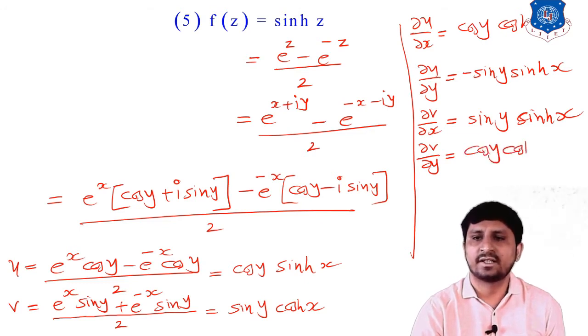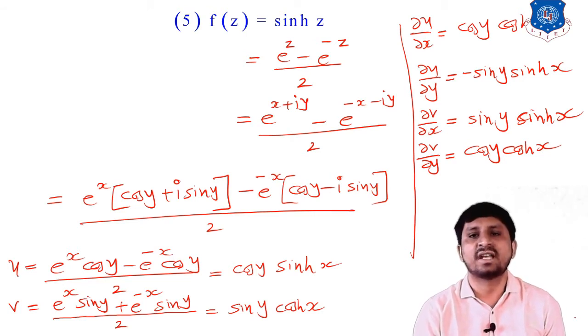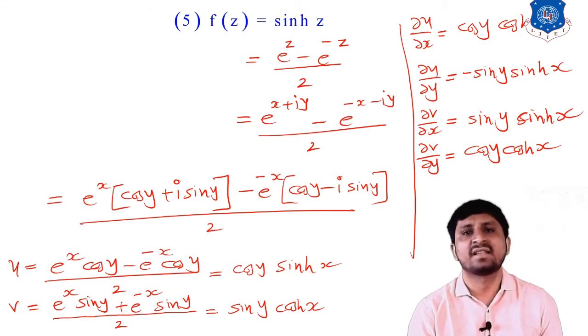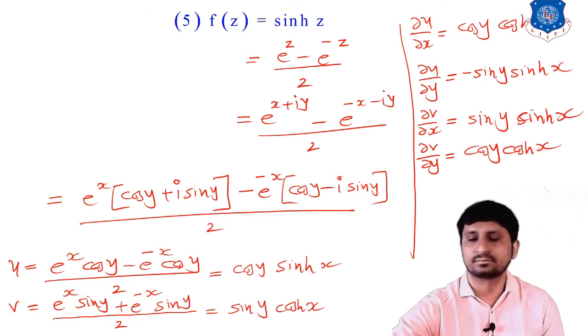So clearly you can understand that all the CR equations are satisfied. Del u by del x is equal to del v by del y, and del u by del y is equal to minus del v by del x. So clearly this function sine hyperbolic z is an analytic function, and using the formula f dash z equals del u by del x plus i del v by del x, you can easily find f dash z, which is equal to cos hyperbolic z. Okay,